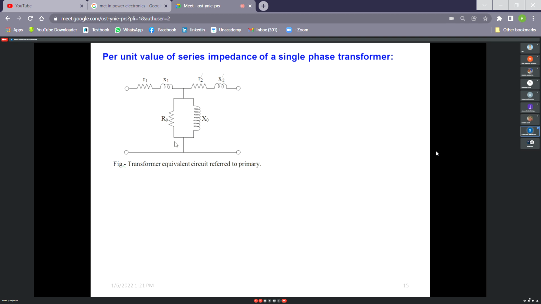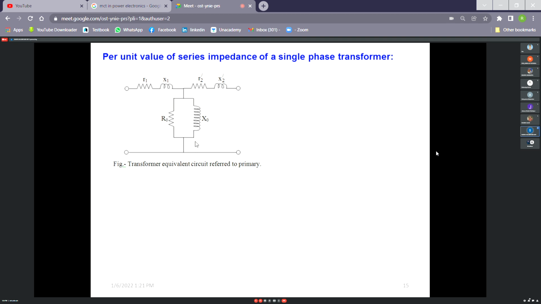So for that reason, we generally do not consider the shunt branch when we analyze the presence of a transformer in a power system. In that case, the current in the system is huge, more than the rated, an abnormal condition, a short circuit. So obviously the shunt branch current is negligible as compared to the series branch. That's why we are concentrating on series impedance, not on the shunt admittance.